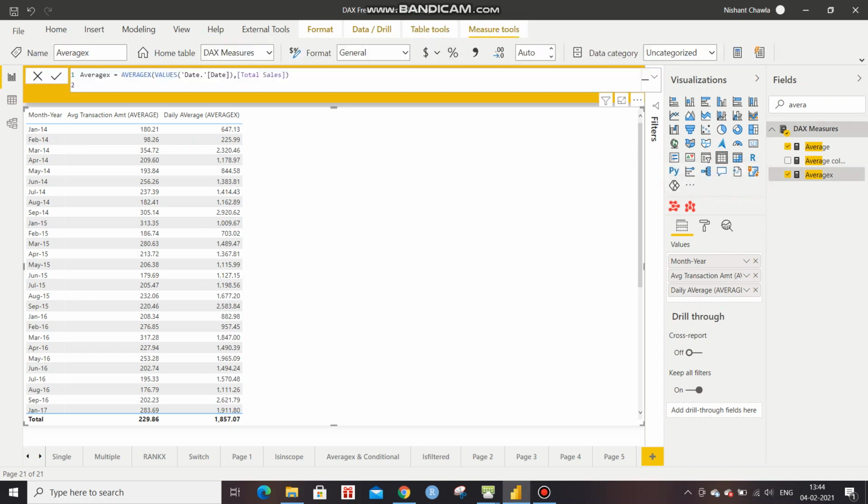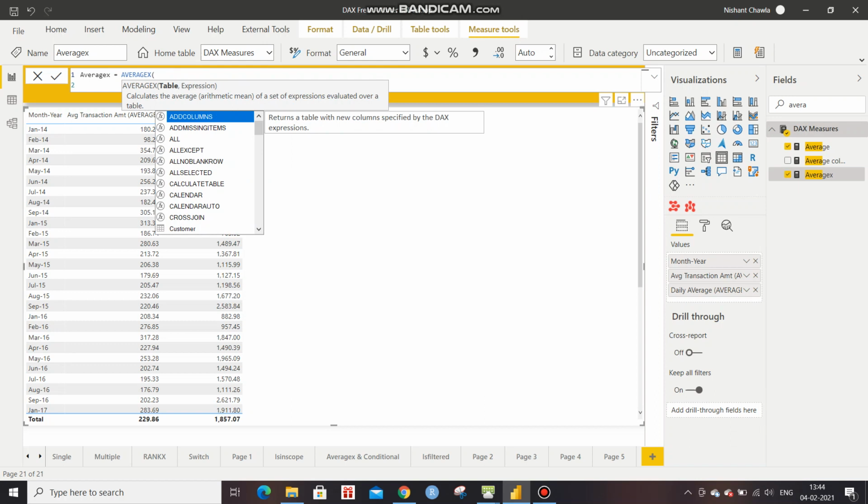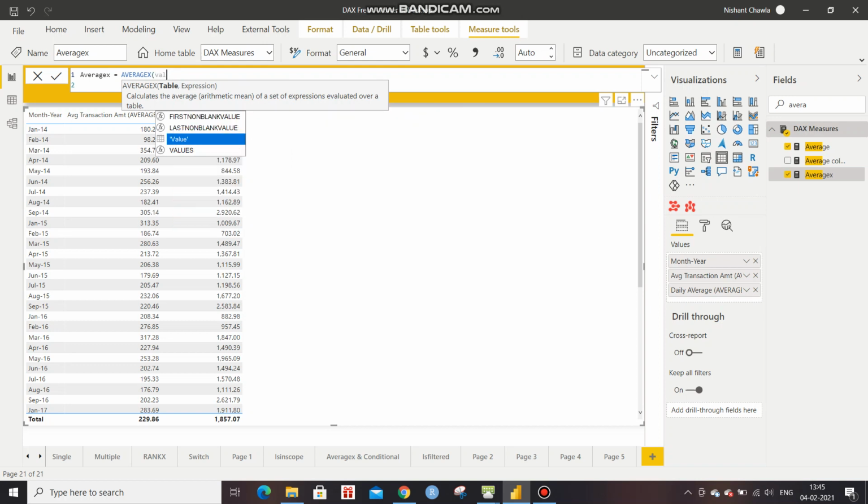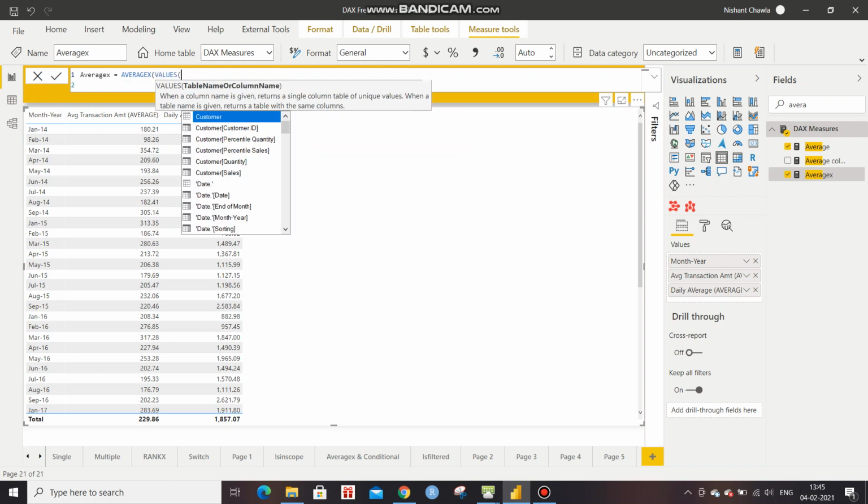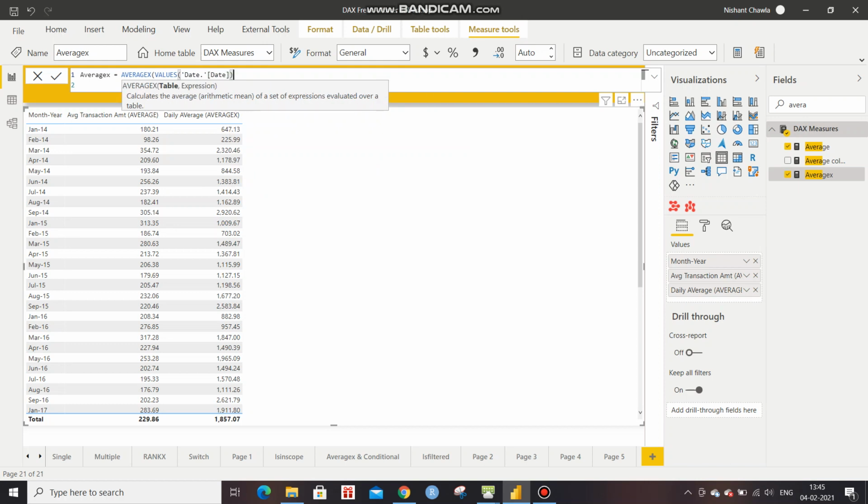So if I go and create the measure, I'll just do it again. AVERAGEX is a table function, right? It will store the values in a table, and whatever the number of values would be there, that will become the unique observations in the average. So if I select values, it will just store the unique dates in my month, because I'm filtering my month, and I'm just passing my total sales here.